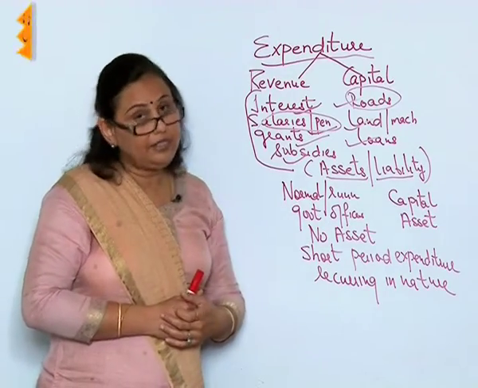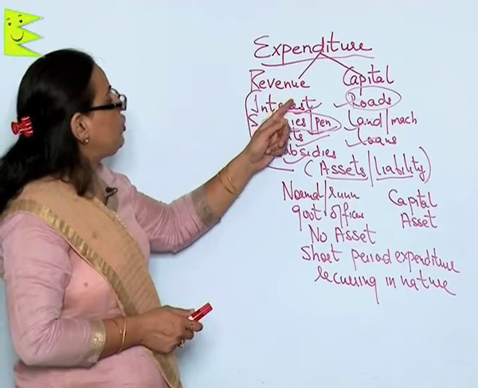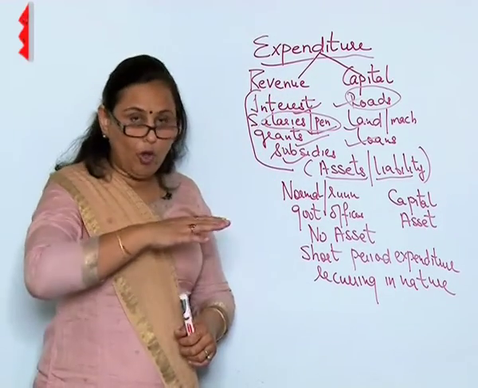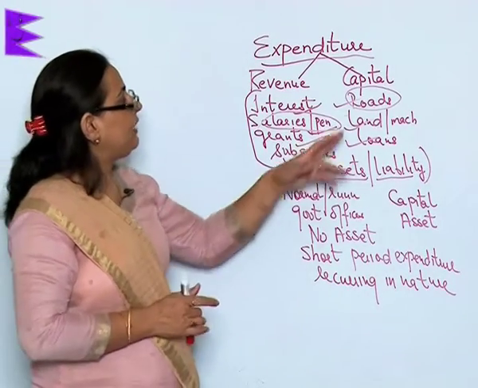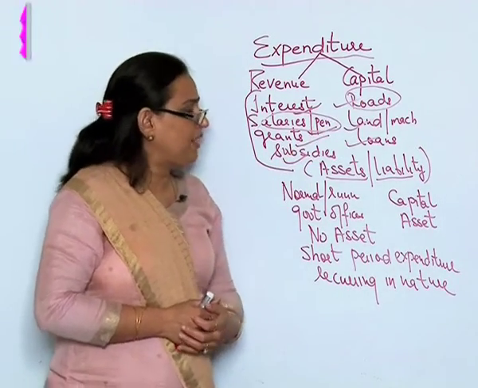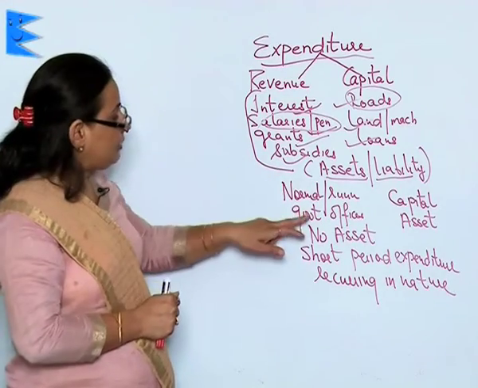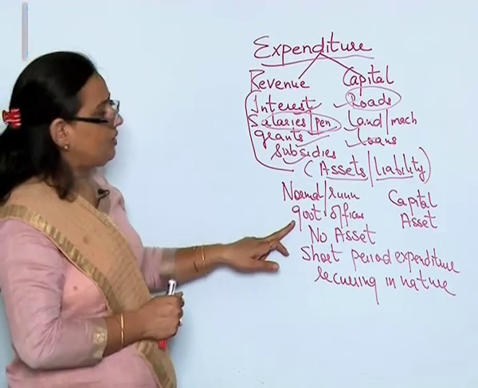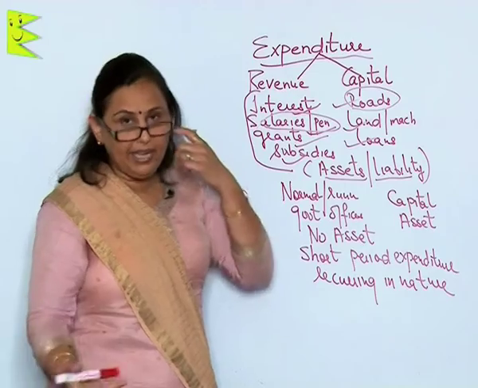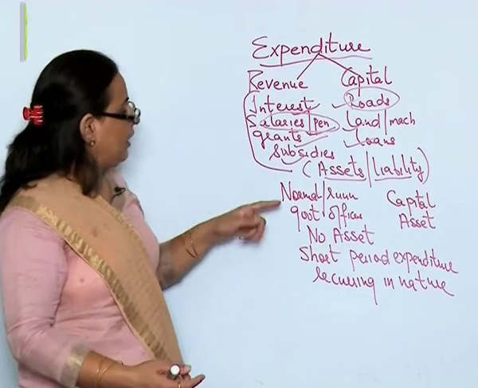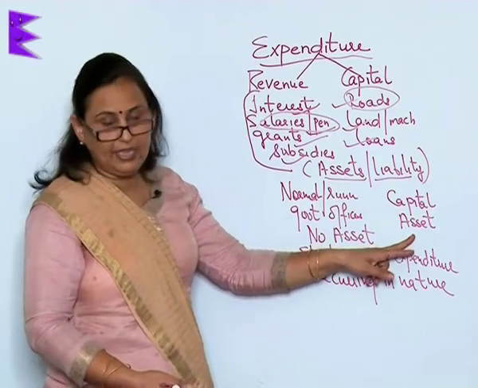But other differences which follow are that the revenue expenditure is generally done on the normal running of government offices and organizations, whereas the capital expenditure is done on buying capital asset. This is for, as I said, salaries and pensions, for just running an office. But capital asset could be buying a building for making the office. Now here no asset or liability is created, but here liabilities and assets follow.